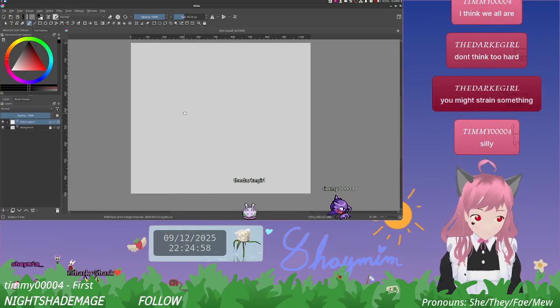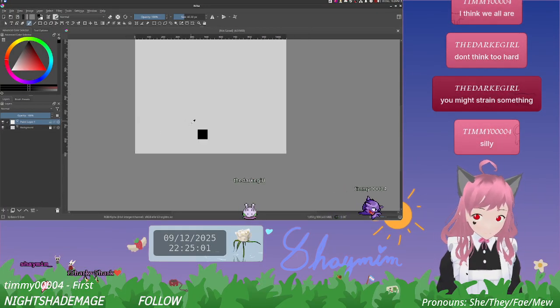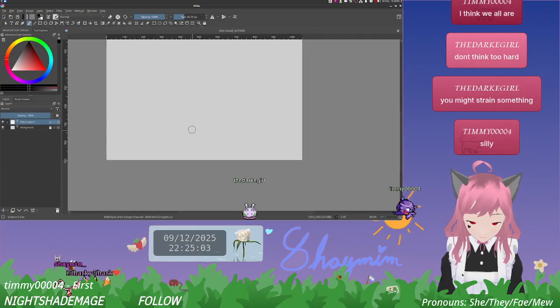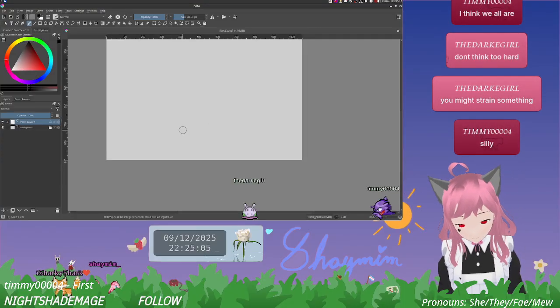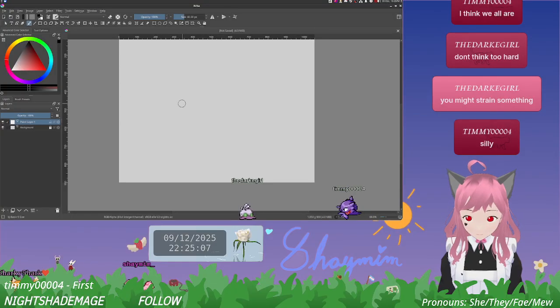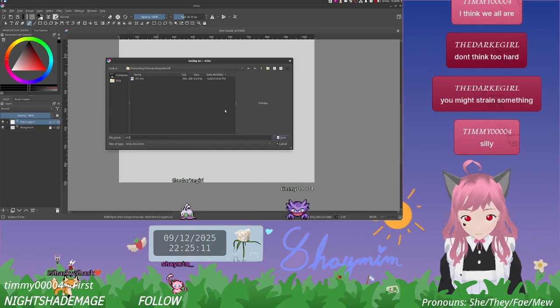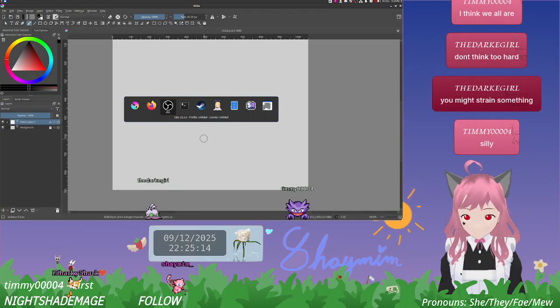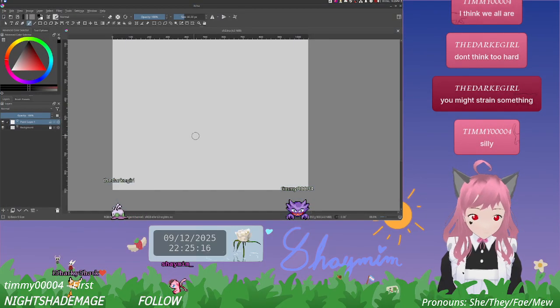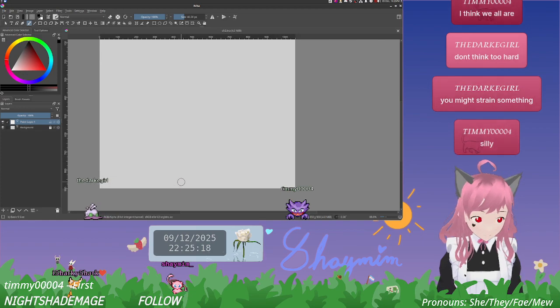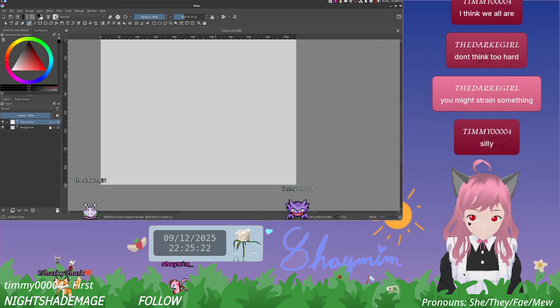Okay, so let's see where to start. We'll start by naming the file. Seems like a suitable starting point. Then let's draw the little mast of the ship.